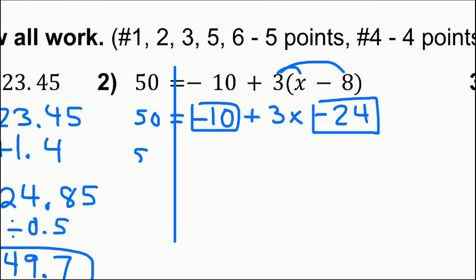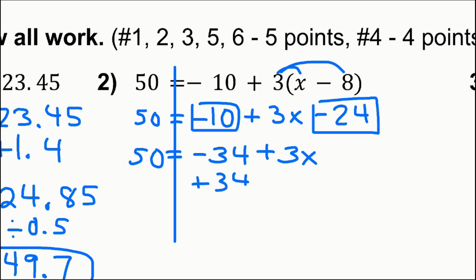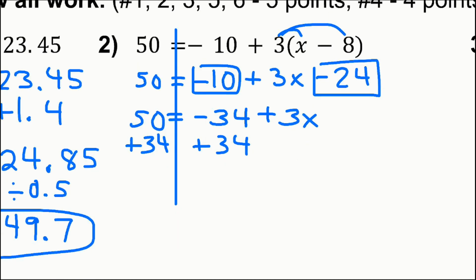So I'm still bringing that 50 down. This gets me a negative 34 plus the 3x. All right. From here, I'm going to now add 34 to get my constants on one side. 50 plus 34 is going to be 84. That's going to equal